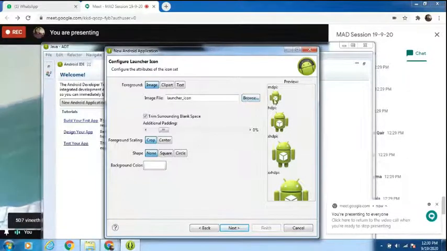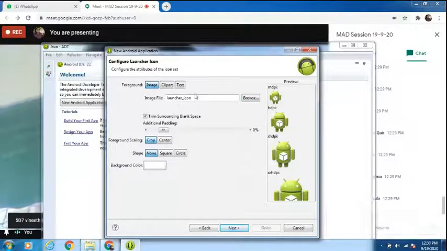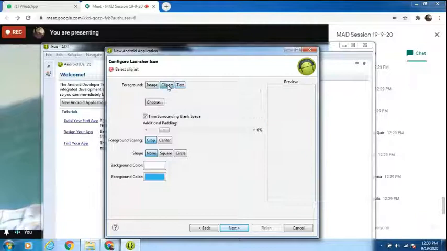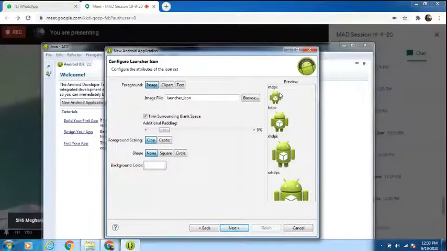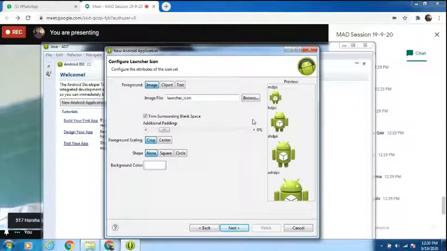I'm going for default. The default icon will be this Android. If you want to give a text, you can. If you want a clip art, you can choose it. But I'm going for default since it is our first application. Just click on next.